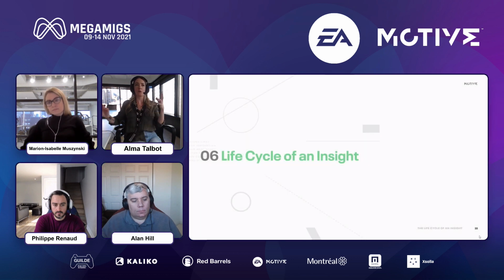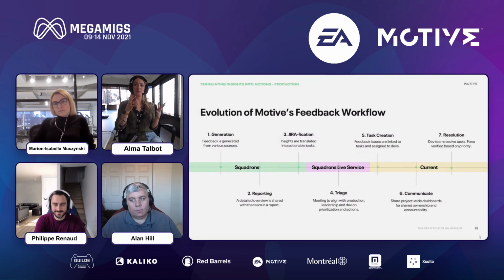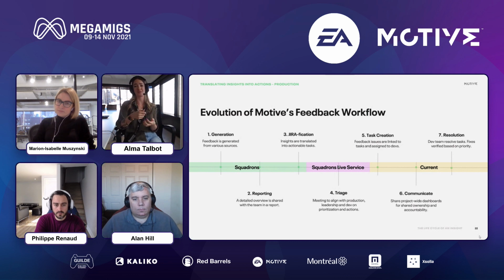Overall, I worked on different projects, and different projects have different needs, be it a traditional or a live service production, or even a remake. Having adapted this process over the course of multiple projects, it's become clear that the one constant is having a feedback workflow that is fully integrated into the development cycle, because this ultimately empowers our team to make player-first decisions in our games.